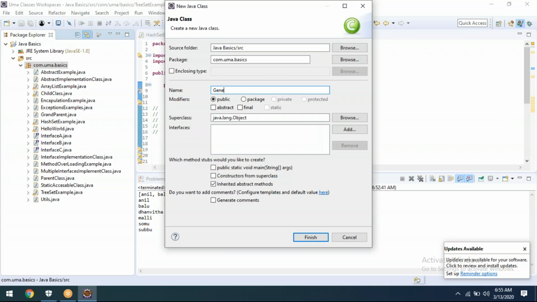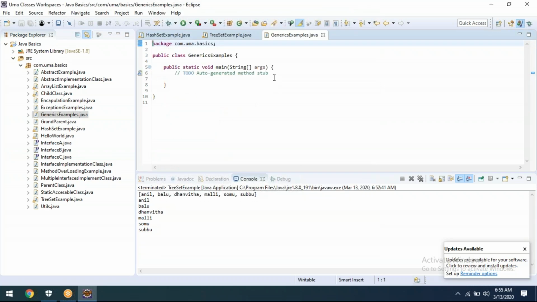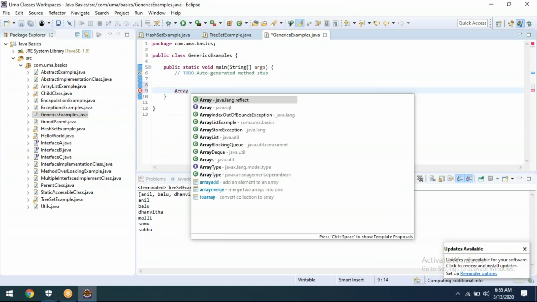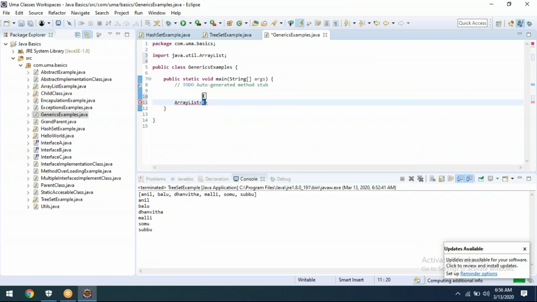Class GenericExamples, I need a main. Now I'm creating an array list: ArrayList list equal to new ArrayList.